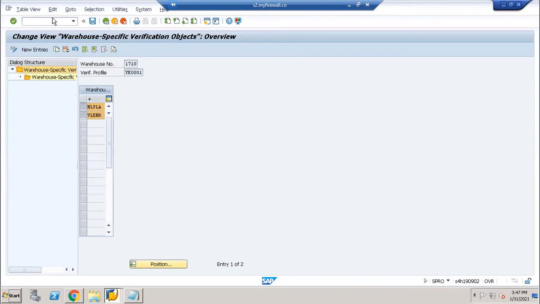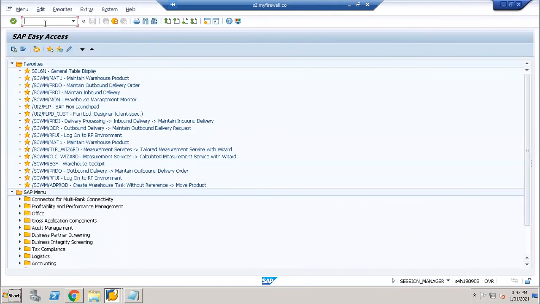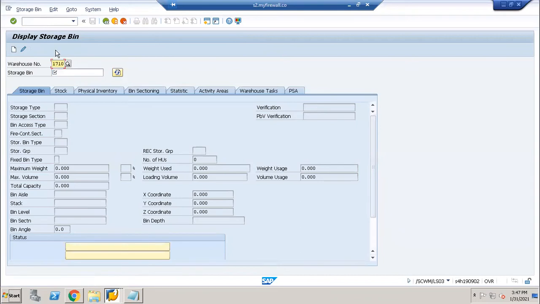So let us go to the storage bin screen /n/scwm/ls03. Okay, /scwm/ls03. So let us suppose that any storage bin, GR zone, let us suppose that.